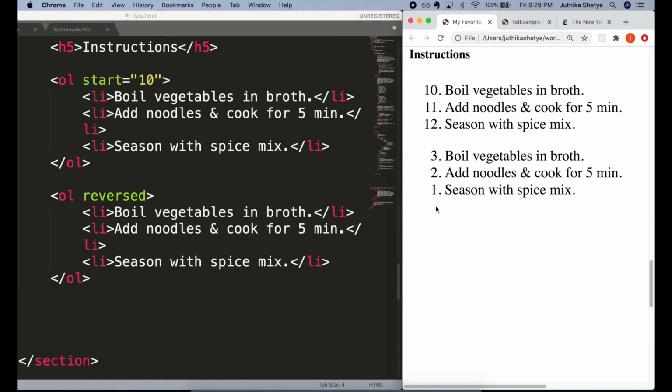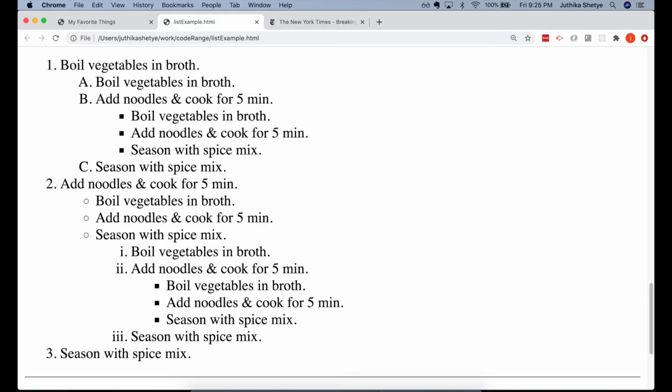And you can see in the browser, the list now has reverse numbering. You can even put the reversed attribute here on our previous list example. And you can see the numbering now starts with the number 10 as before, but the numbers ahead are now in descending order.